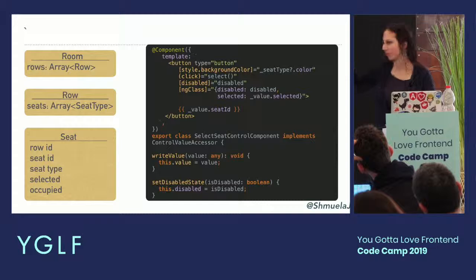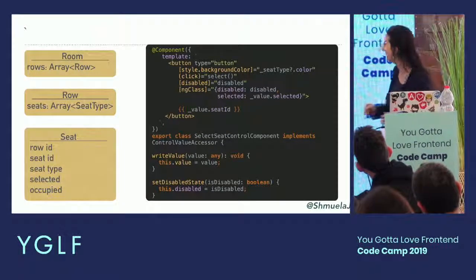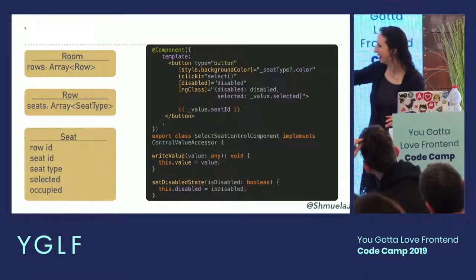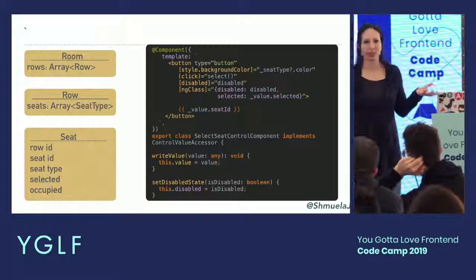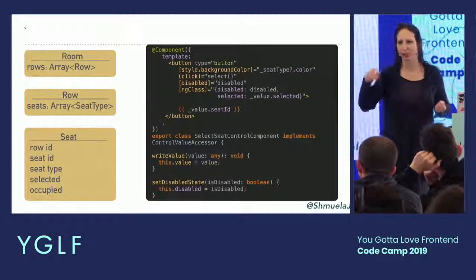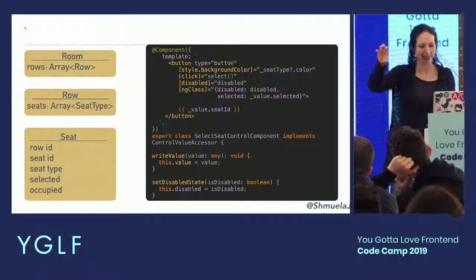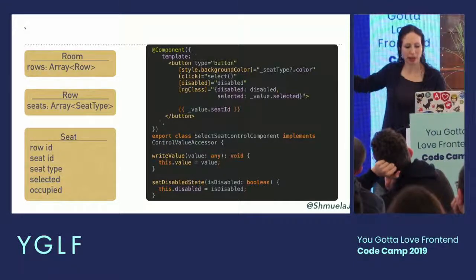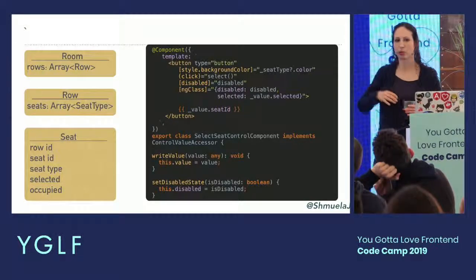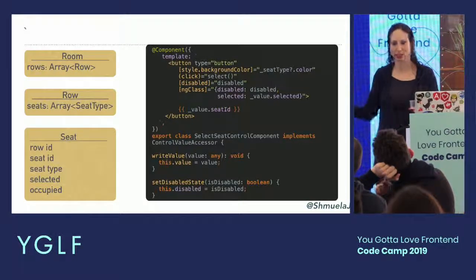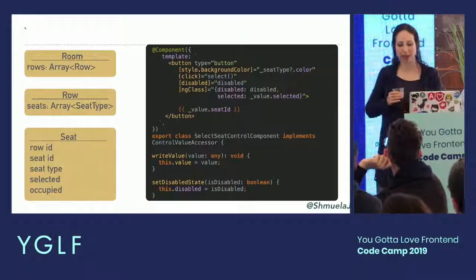It's a custom control that I made, because you know that it's not a regular text input or a checkbox or anything, so I created a custom control for the seat. It needs to implement the control value accessor so that Angular will know that it's a form control. And then we need to implement write value,